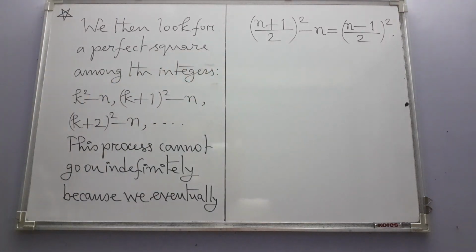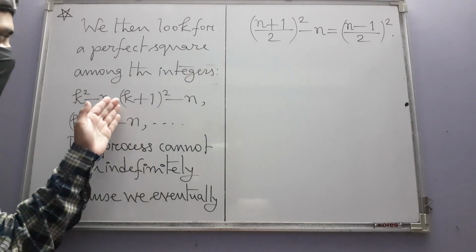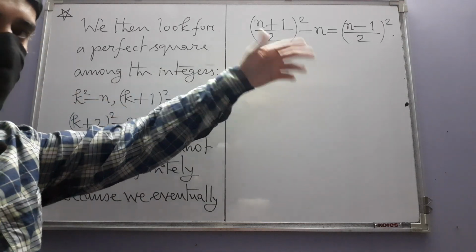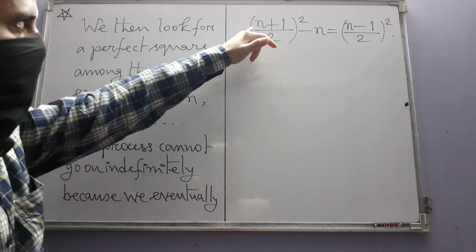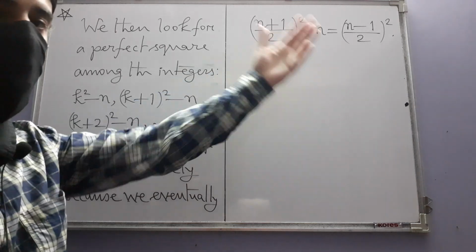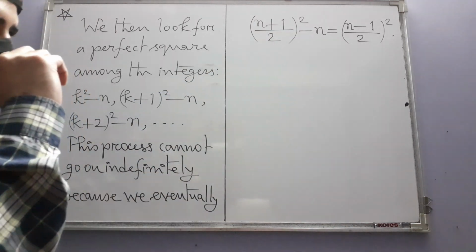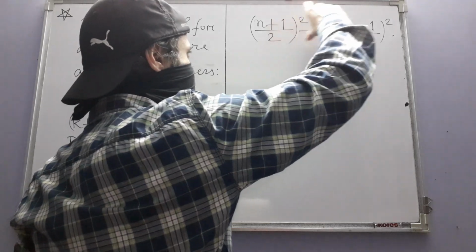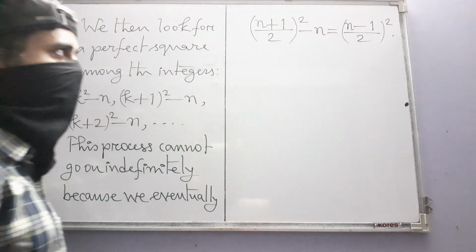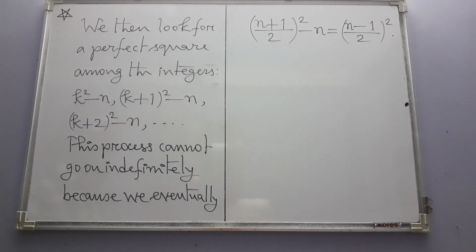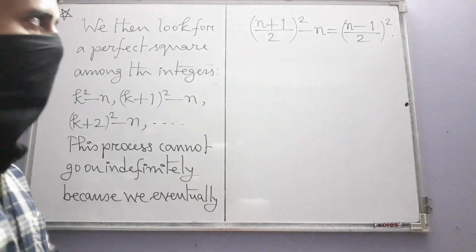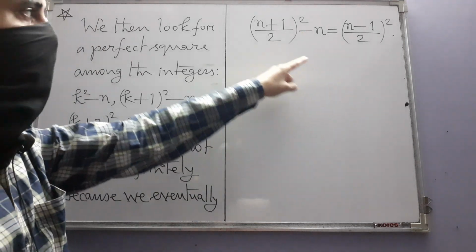You are going on taking higher and higher values of x, but no matter how large n is, you will eventually reach this number, (n plus 1) divided by 2, and note that since n is odd, this is again an integer and this is also an integer. Okay, so you do get a square eventually. It's not that you will never get a square. You do get a square, but the